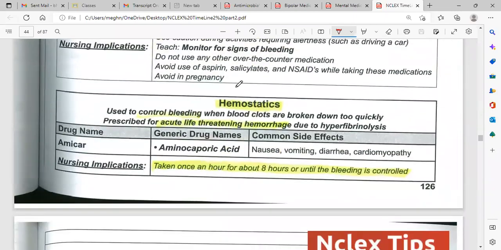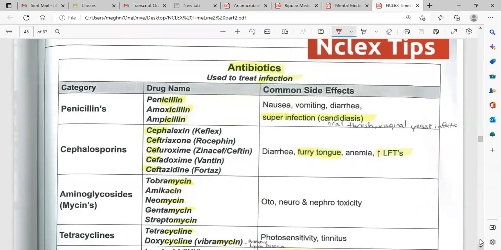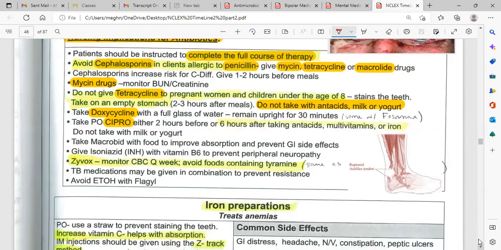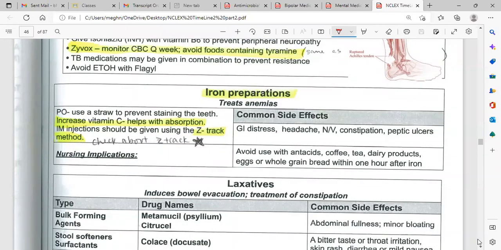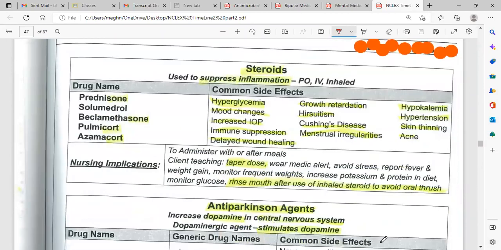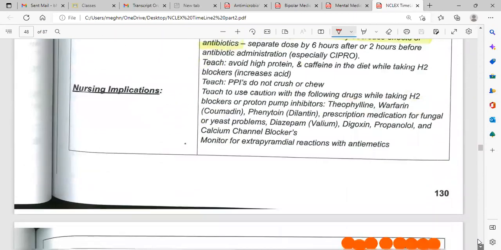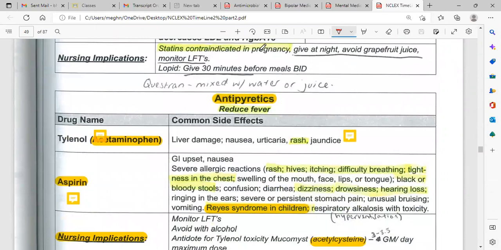So then hemostatics medication, antibiotics, and then few note or point about antibiotics, because you are going to get your license, right? You have to know each and every important points. Iron preparation, laxatives, then steroid, anti-Parkinson medication, gastrointestinal medication, cholesterol lowering agents, antipyretics,